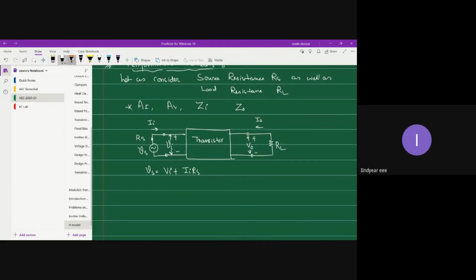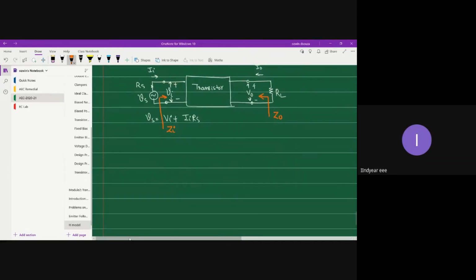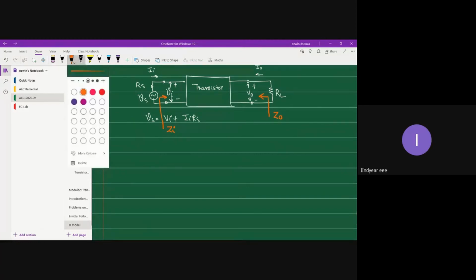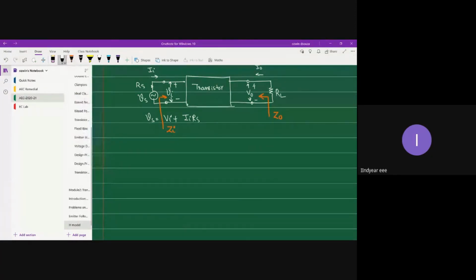And now we need to determine the various performance parameters. So let us mark the different performance parameter locations. So this is Z naught, and this is your Zi. And let's see how exactly we do it. So what we will do is, let us replace this transistor, this black box,